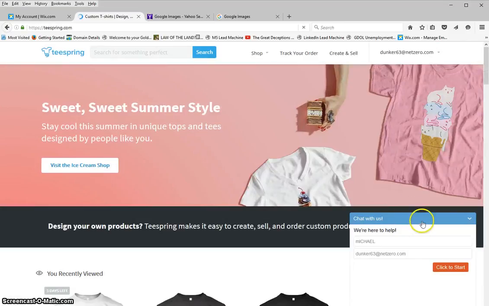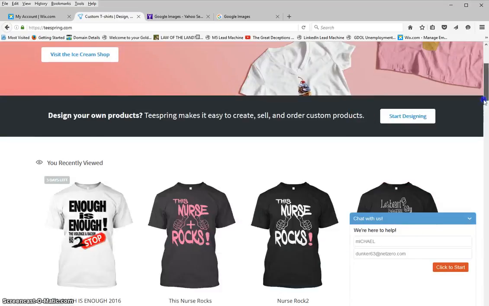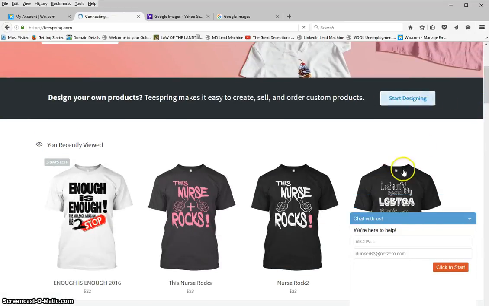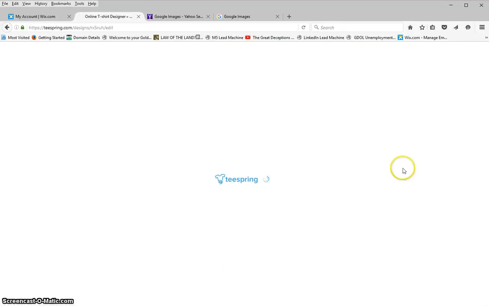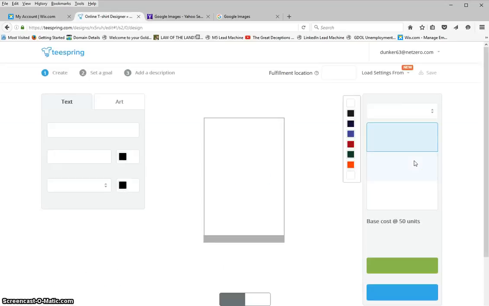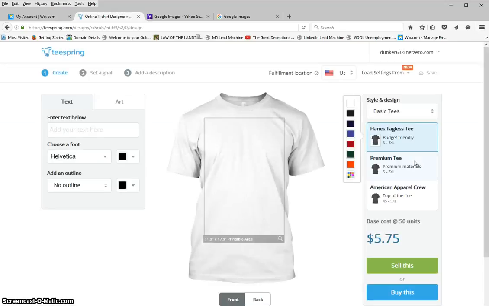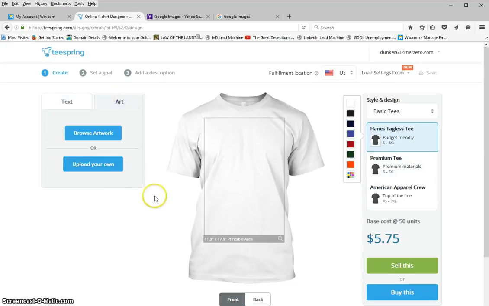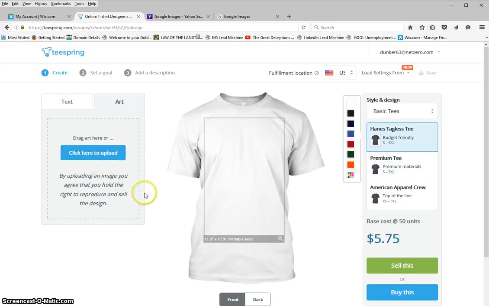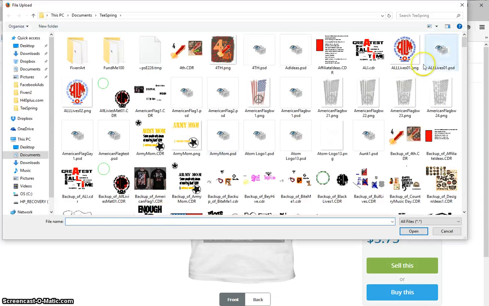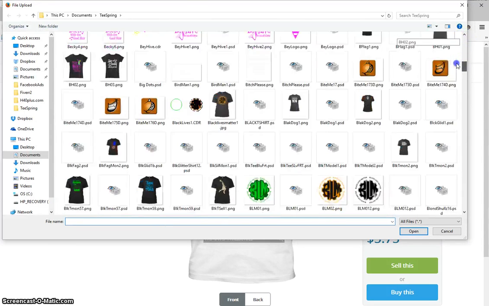But I will go in here. Here we go. Start designing. Most of you already know how to do this, but I just want to show you all the steps so that I won't skip anything and anybody be confused. So I go art, upload, but then again, you may have some people that haven't done this yet, or people just getting into it. So click the load, then I will go find that design,